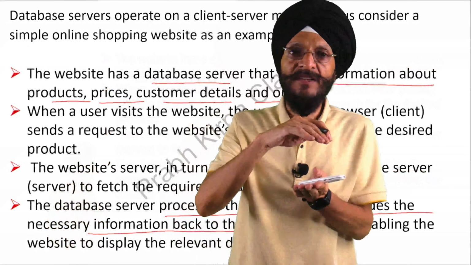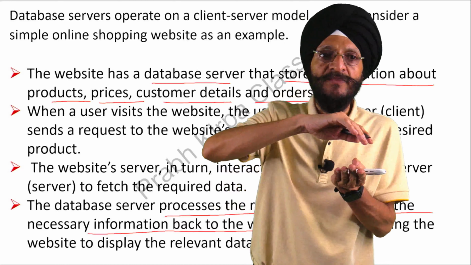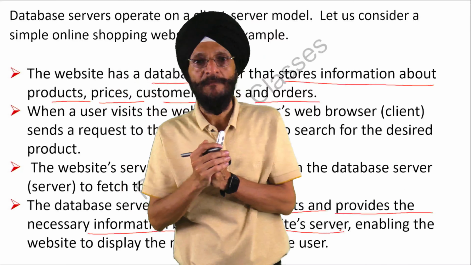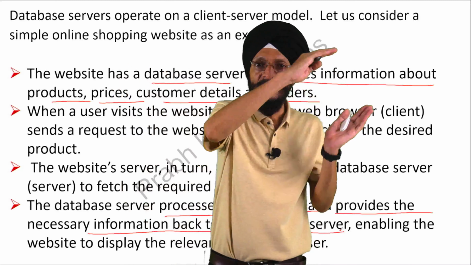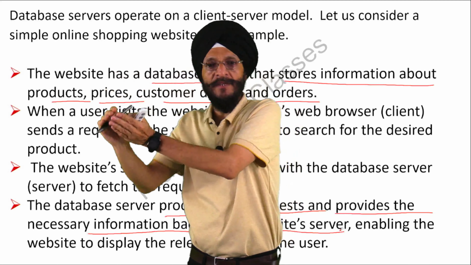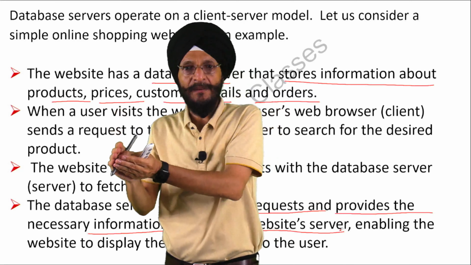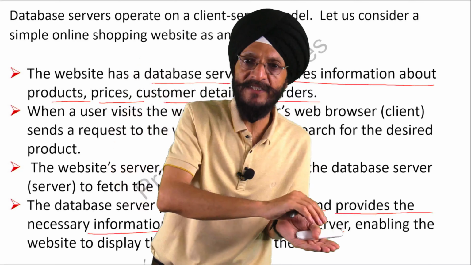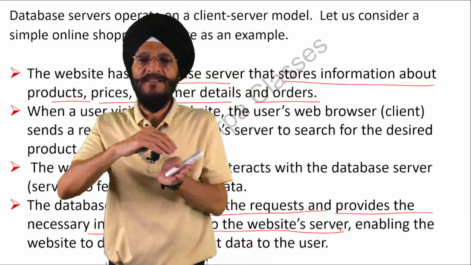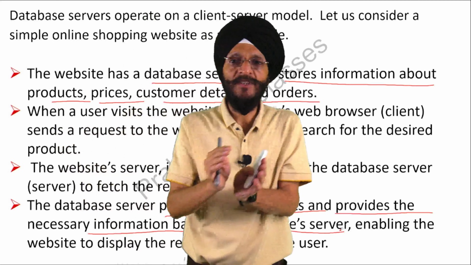Now the website server does what? It displays the relevant data to the user. So what is it all? The client visits the website server, the website server approaches the database server, the database server provides the result to the website server, and the website server provides the relevant information or the desired